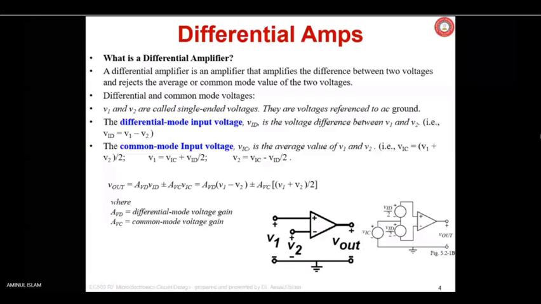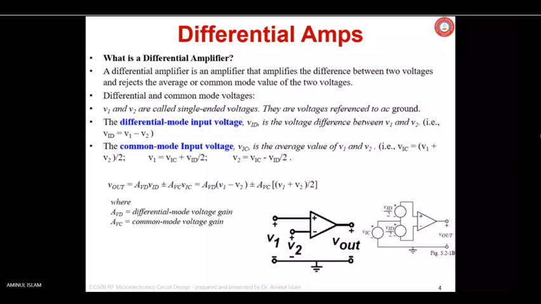Now here the sources will be two. Two signals are coming, and the difference of that has to be amplified. That is the concept here in the differential amplifier. Yes, if one source is grounded, that is a different issue. We'll see that one terminal of the differential amplifier is grounded and the other is applied with the signal. That kind of thing we'll discuss later on. But the main purpose of this amplifier is to amplify the difference between two signals, and those signals are applied in this diagram.